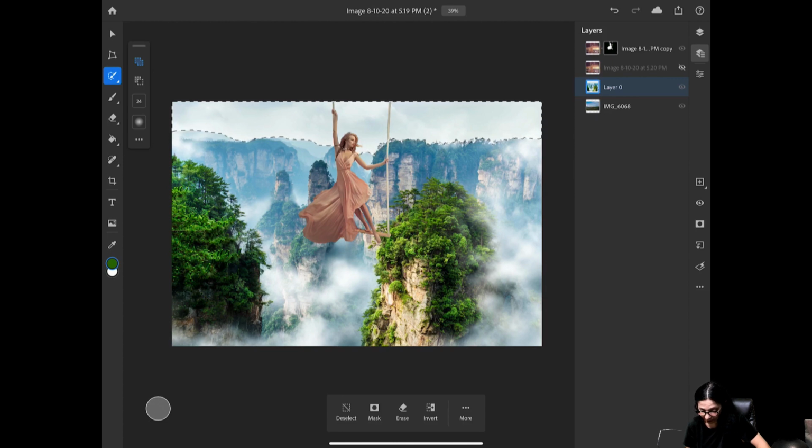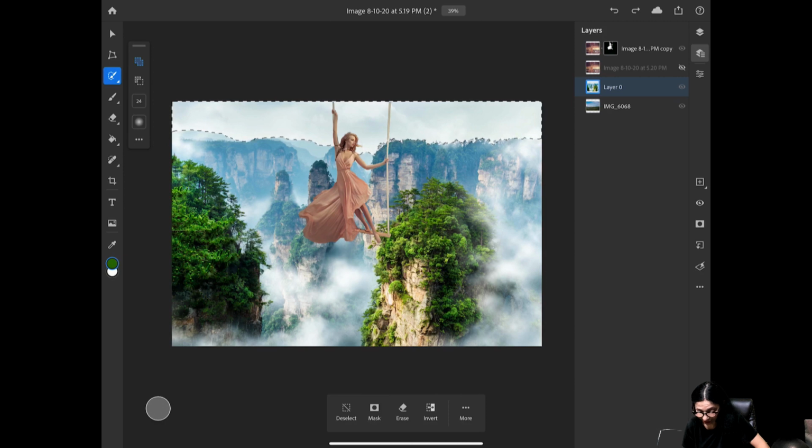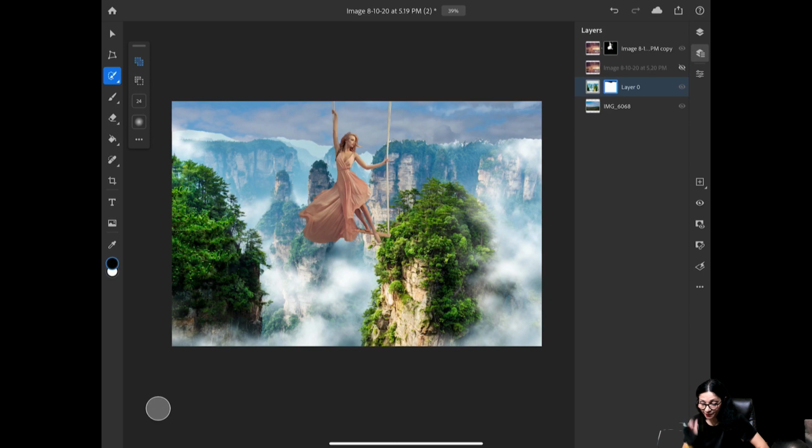Now, I will click on mask. Oh, I'm sorry. Now I will click on invert because I would like to select my forest and mountains, but not the sky. After I clicked invert, I will click mask, and look at this. Now I have isolated